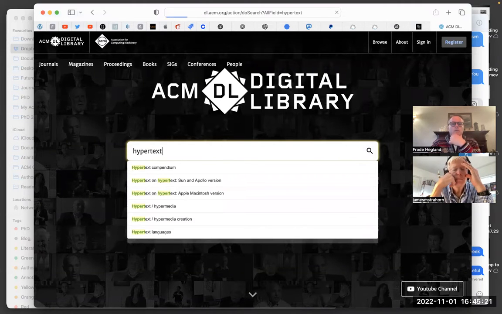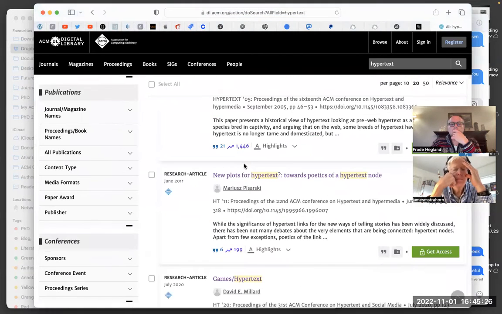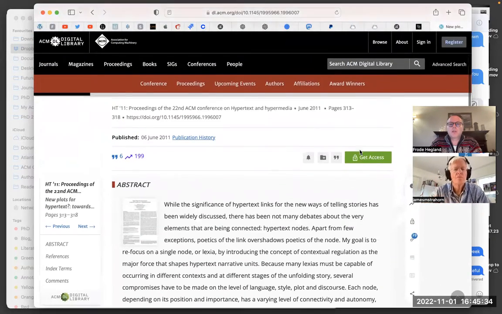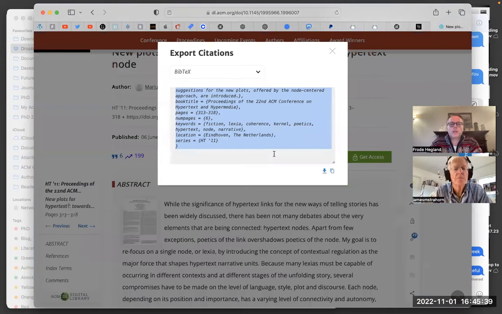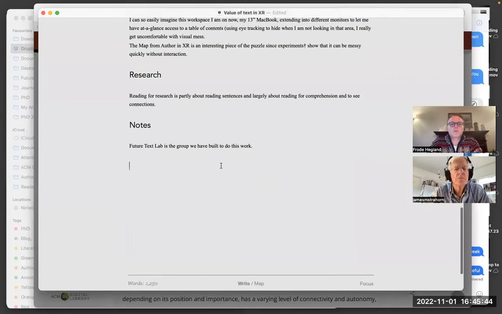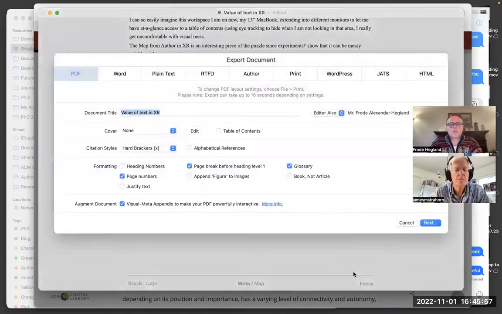So here's the thing. I realized a couple of things that were kind of interesting to me, and now I haven't bothered logging in, but I don't need to. So if I export citation, all the citation information is in this BibTeX. One of the early things I did was I made Author parse that. So when I paste that BibTeX, it turns it into a full citation like this. So if I now export,